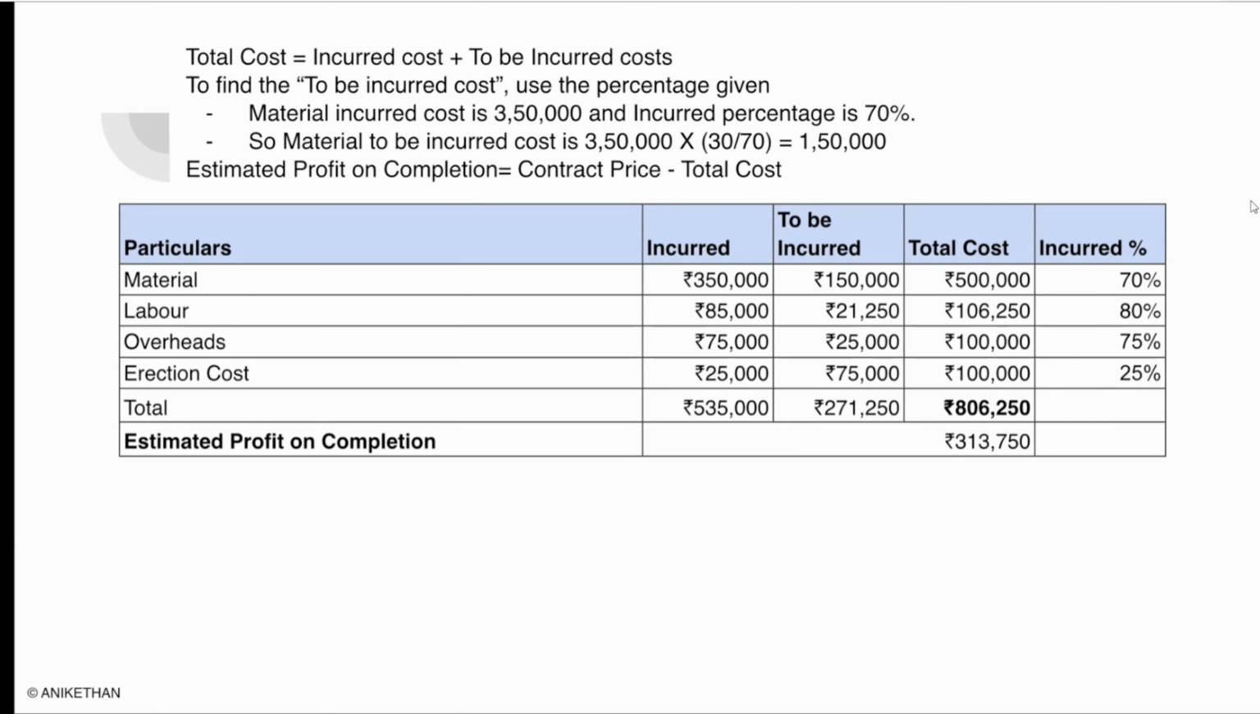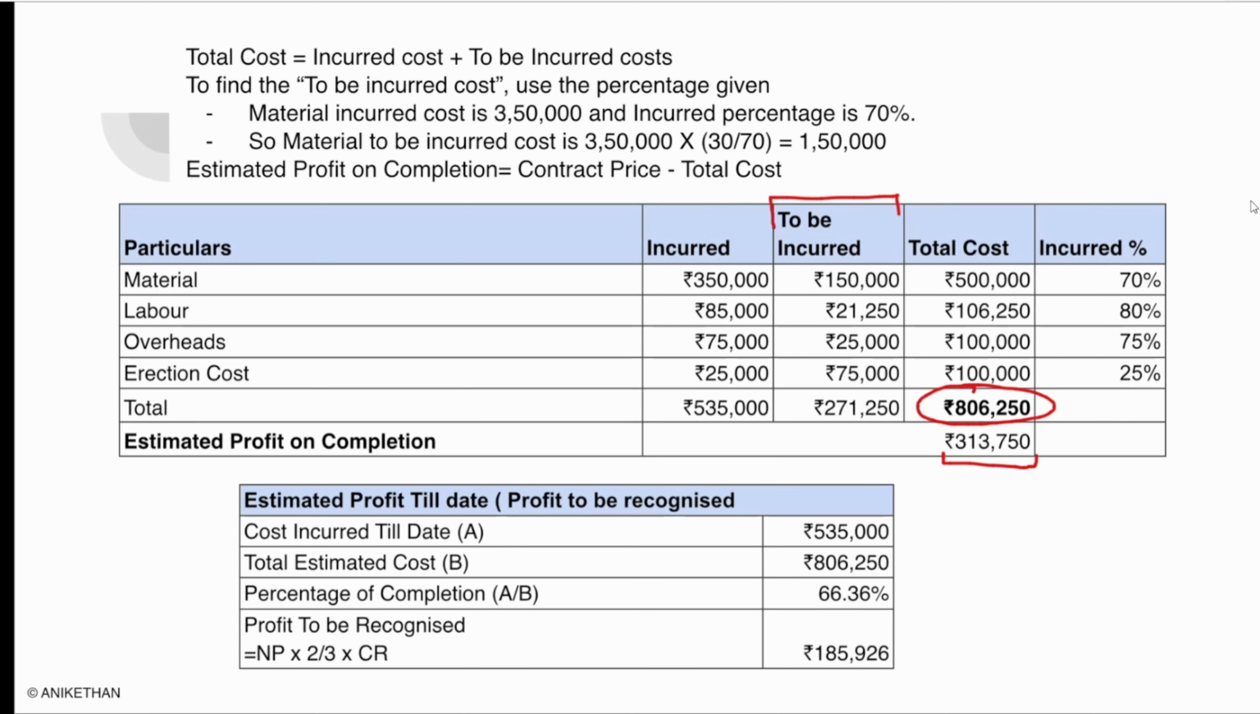So material, labor, overhead, erection cost already incurred is given. Then they are extrapolated using the percentages given on to be incurred. When you add both of them, you will get total cost. When you add up all the total cost, you will get 8,06,250 and subtract this from the contract price, which is 11,20,000. You will get estimated profit on completion. So this is how you extrapolate the balance cost or the estimated cost to be incurred and then calculate estimated